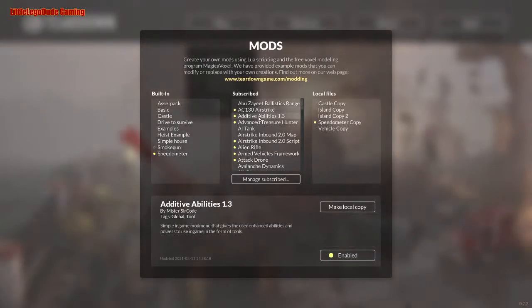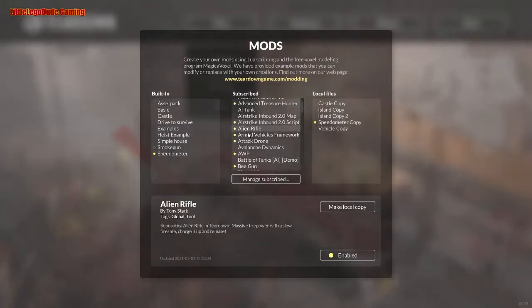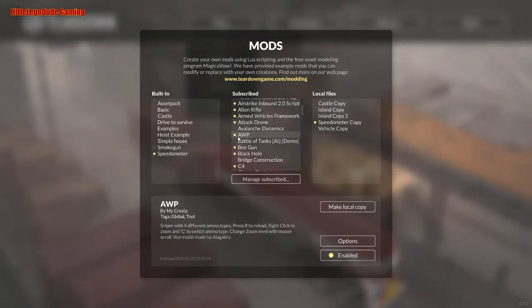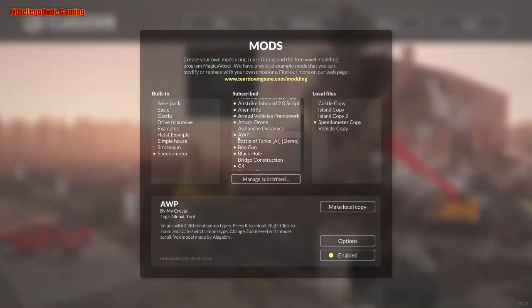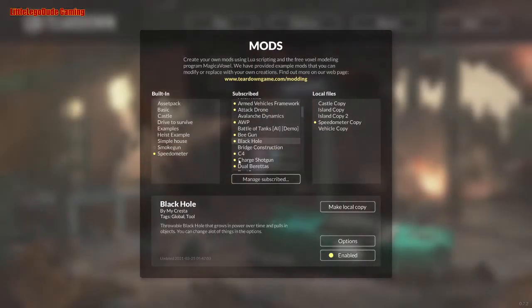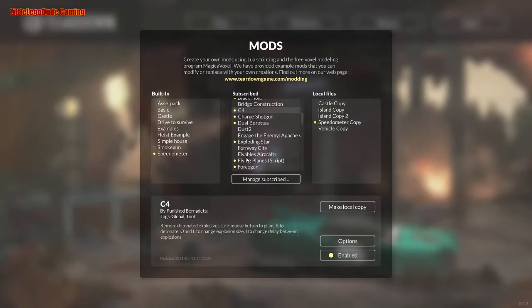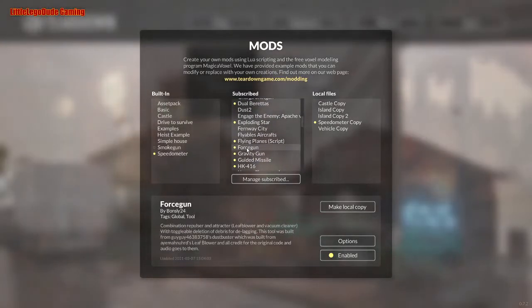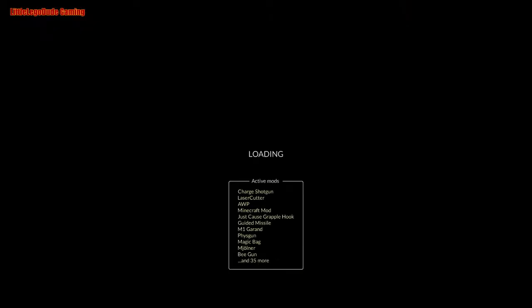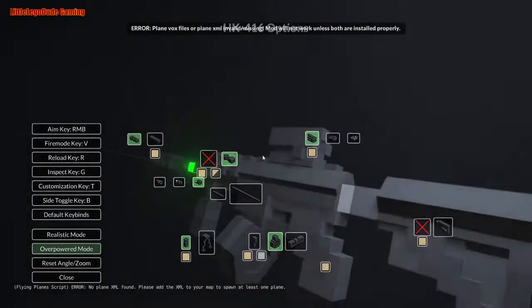Wait, options? Okay, I thought there was maybe a way I could customize the AC-130 I use. That would have been perfect. I forgot what it is. Well, it was a while since I actually customized the weapon, because I was too busy messing around with other ones. Oh, here it is. Customizable weapon. This is it. Well, it says loading, but...